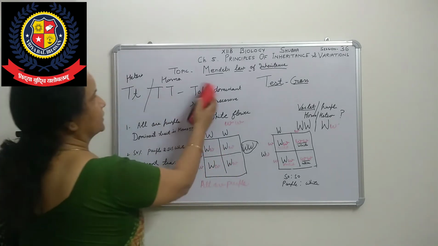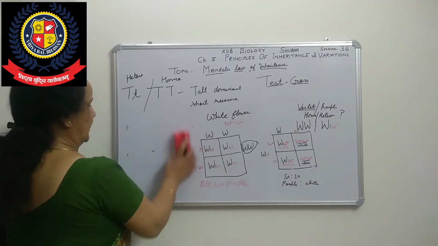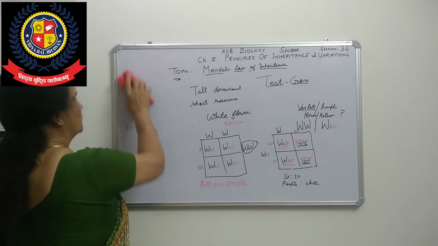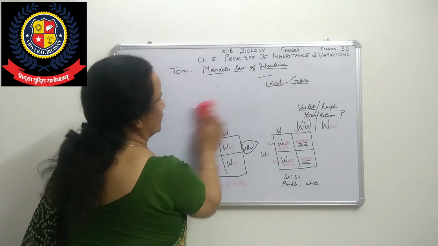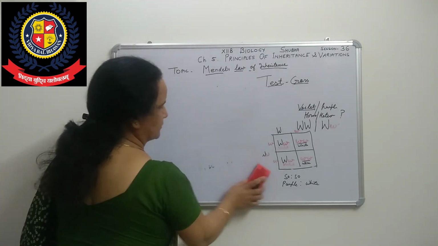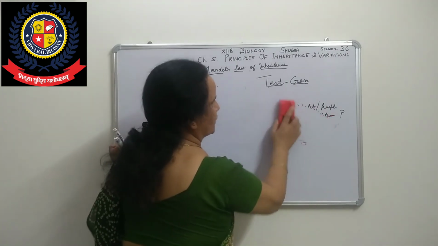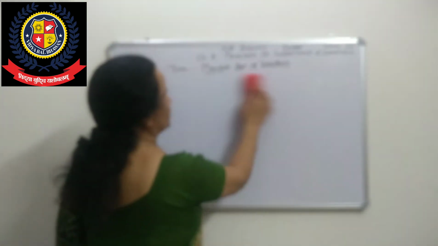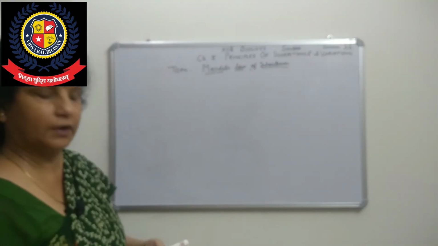So now then, what is Mendel's law of inheritance? Here, as I told in the previous class about the ratio, Mendel used mathematical ratios. In the F1 generation, they all are the same, showing the dominant trait, and in the F2 generation we get a phenotype ratio. Phenotype ratio means physical appearance. So in phenotype we are getting 3:1.